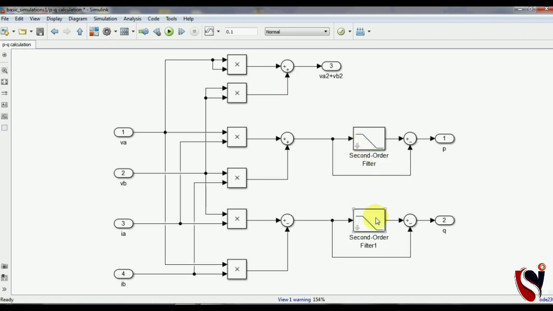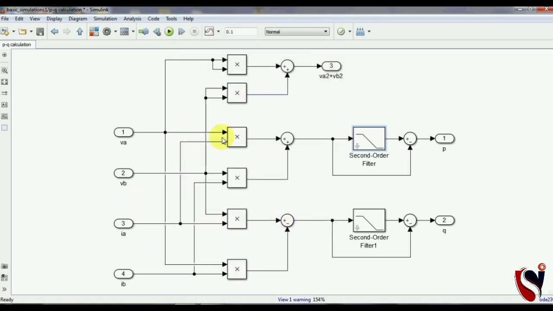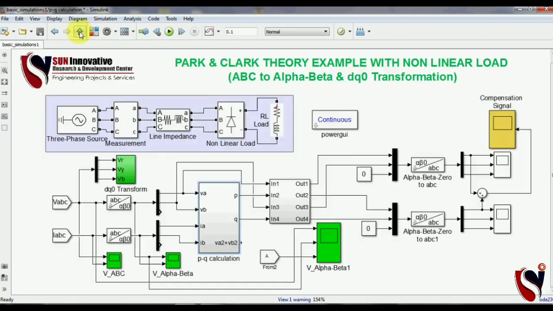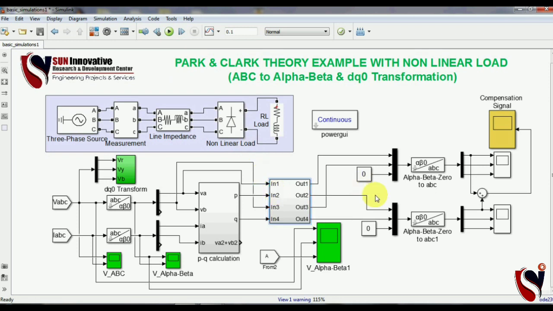I am going to show you how it is made. This is the filter, a second order filter. You can use these values here, frequency and damping ratio, and you can manage these blocks from the Simulink browser. Coming to the next point, that is the inverse PQ transformation, and it goes to the, see, this is the mux, these two are called mux, and this is alpha, beta, and again a 0, and for this current also alpha, beta, and this is a 0 component, which is going to connect